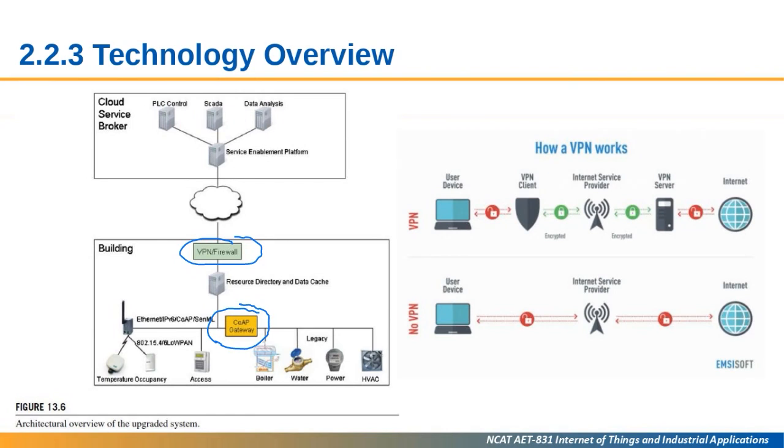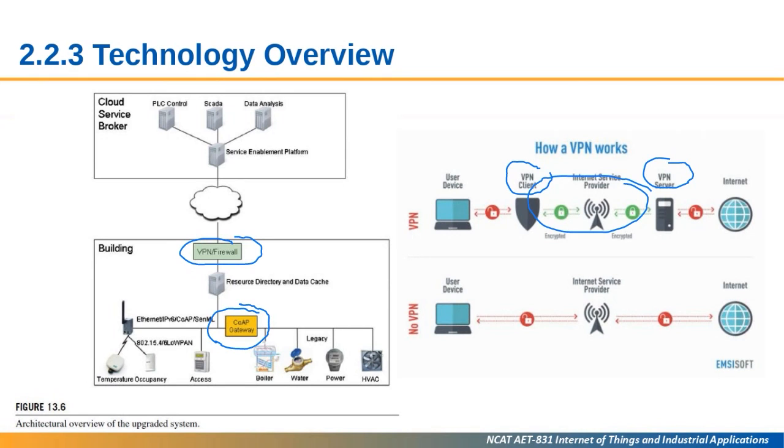But with the VPN client and the VPN server, maybe the user devices and the VPN client are connected without encryption, but usually this is a very short distance, so it's relatively safe,